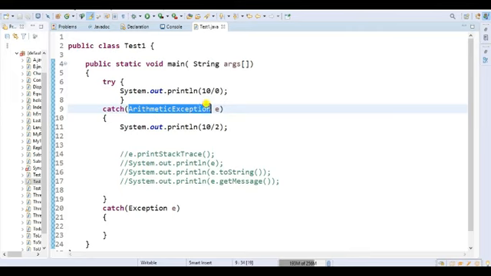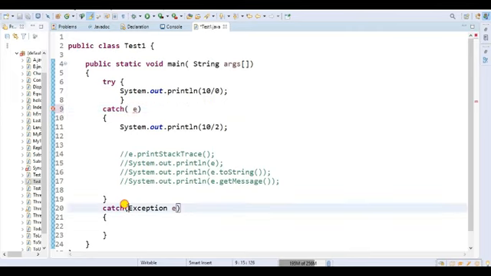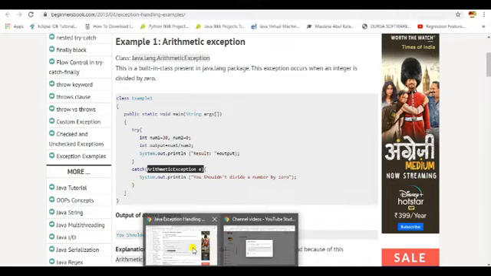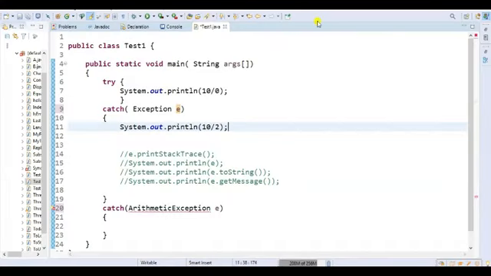Arithmetic exception is here, and the exception class, that is the super class, is first. Same example, but I have changed the order of the exception hierarchy.